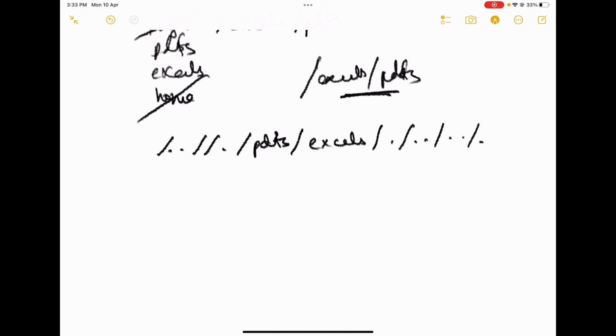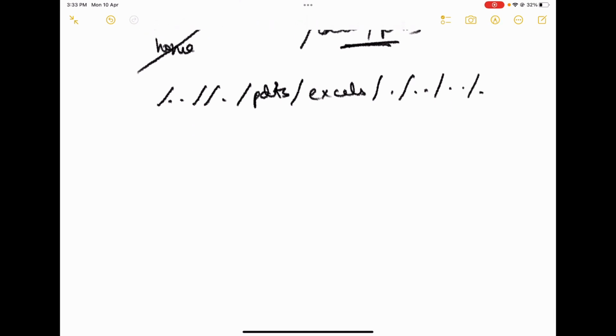Okay, in this case, what will you do? First, let's try to separate all the words by slash. So let's just consider all these words, all these strings. Now if it's blank, we can ignore. If we have a double dot, that means we have to just